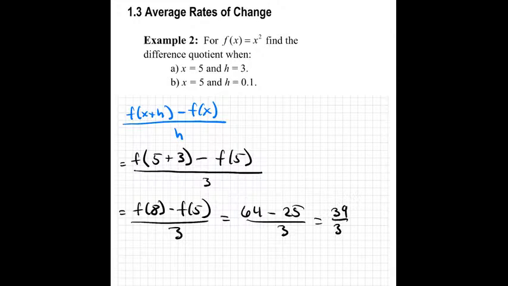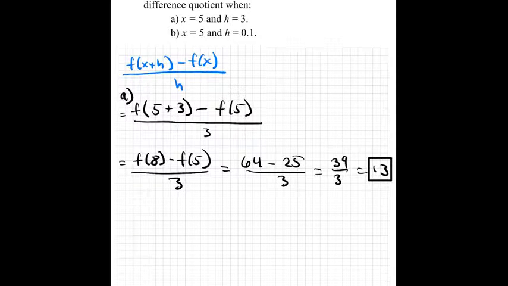I think that's a 13. So we got lucky here. They gave us the values for the difference quotient in the x, right? So we're going to do that. That should be part A. And then part B,